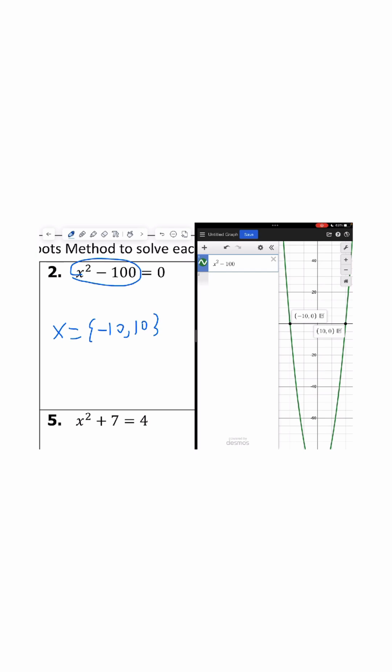All right, your assignment for today is on Peer Deck, and I'll show you how to type in your answers in the next segment. So the last segment of your 8.8 solving by square roots practice is